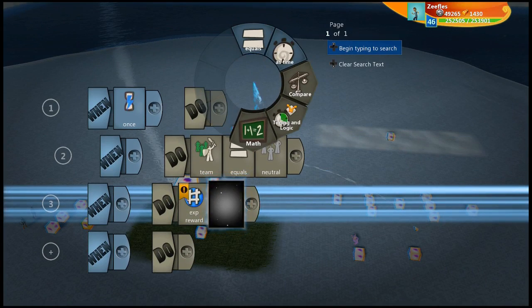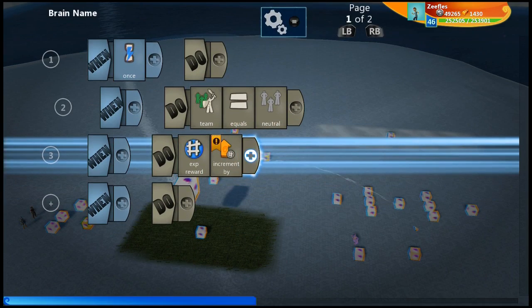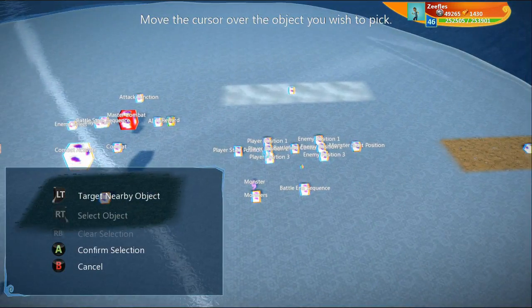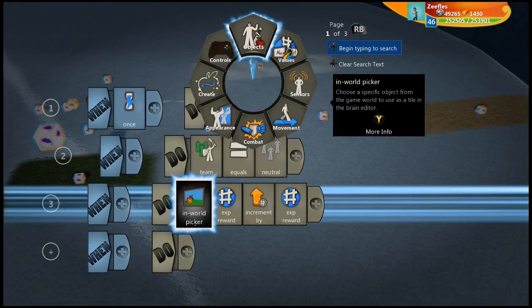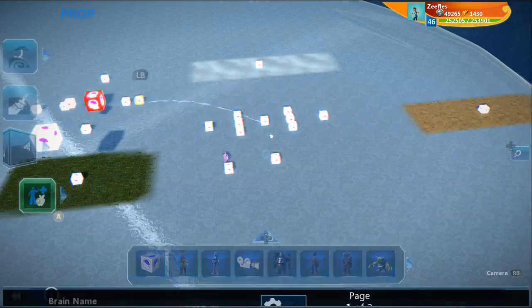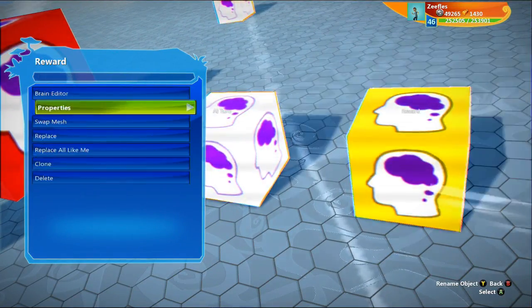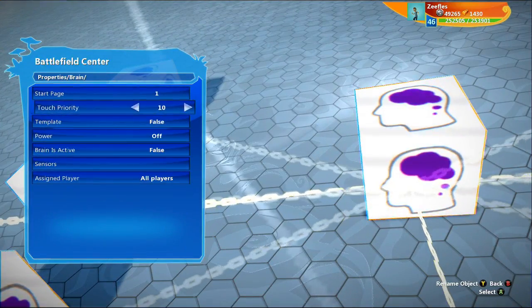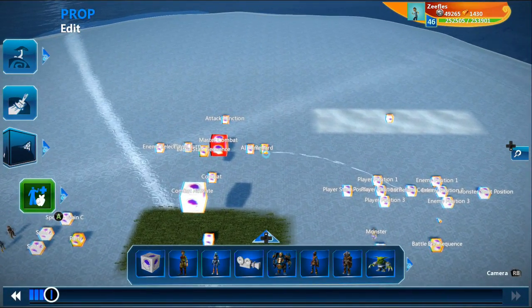XP reward incremented by XP reward. But we're going to use in-world picker. You're going to say, is this a template? This is a template, isn't it? Yeah, this is a template. So is this a template? I don't think this one is. So we want to say